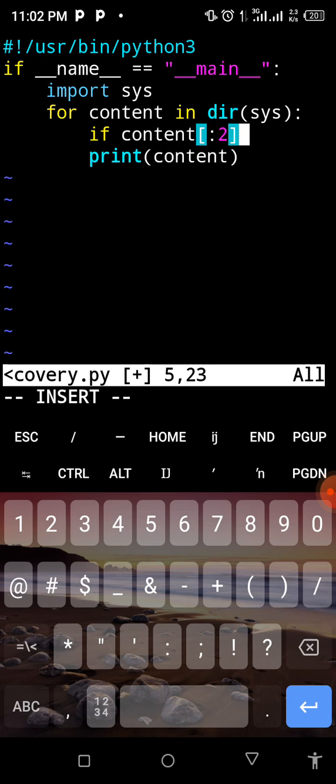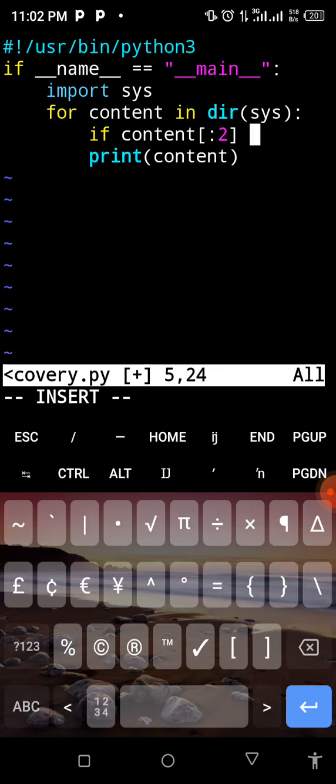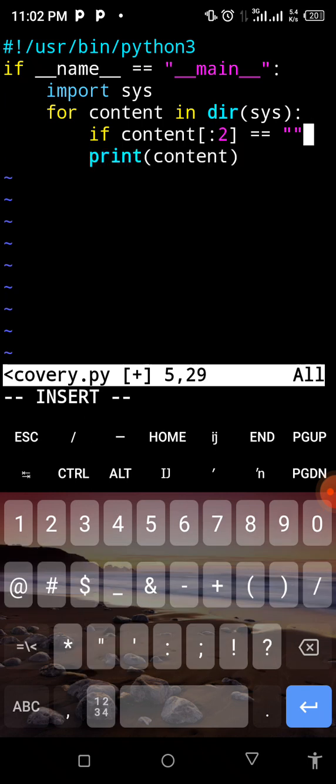So this line of code simply means if the first two letters of what is going to be printed out, if it is equals to, so I'm going to put it in quotes because it is a string. If it equals to underscore underscore, that is two underscores, then,